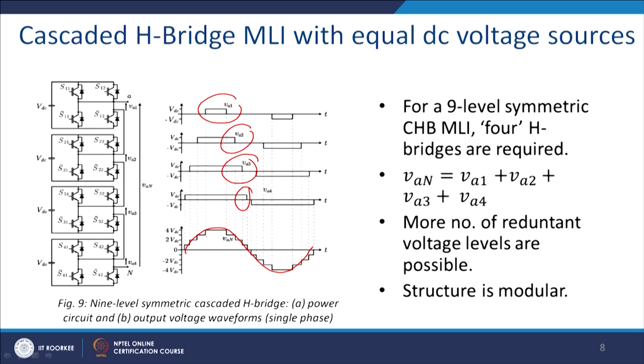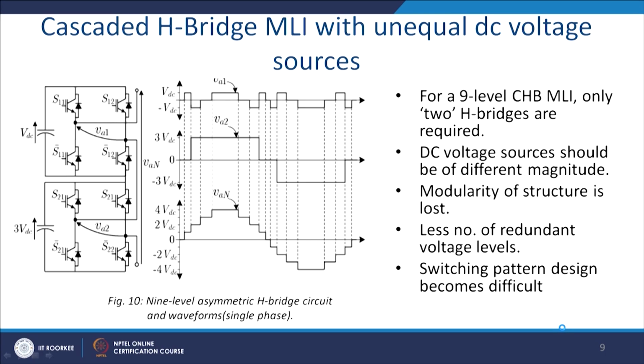Thus, instantaneous voltage step is very low, THD content is very low and it has modularity. So, 4 H-bridges are required, ultimately you add these 4 voltages, you get 9 level, a number of redundant voltage levels are also possible, and the structure is modular. So, this is the case for 9 level